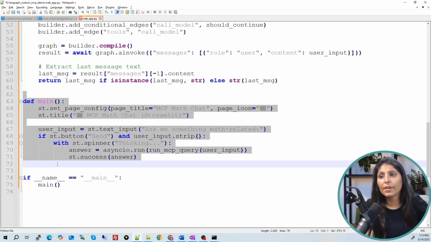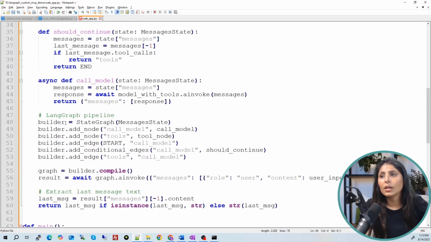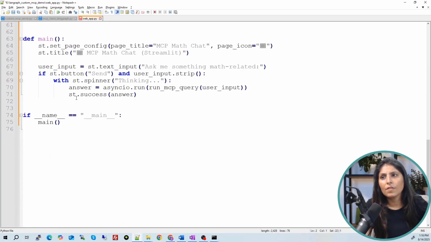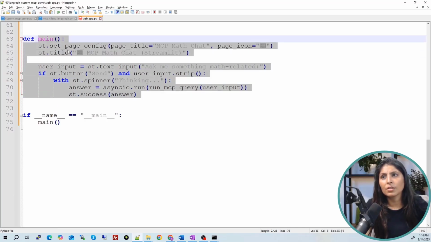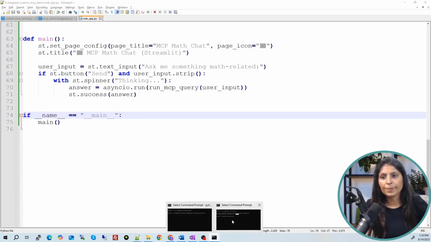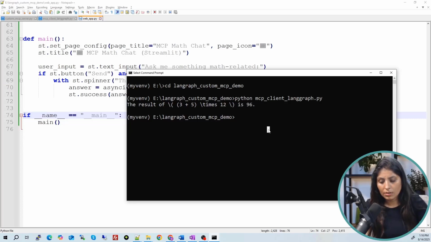This is the part where we have used Streamlit. See, at the top, I have to use Streamlit, so we need to import this: import streamlit as st, and then we are using it in the main function. Let's run this application so that I can show you side by side what this code means. Whenever you want to run a Streamlit app, you will write streamlit run and the code name, enter.